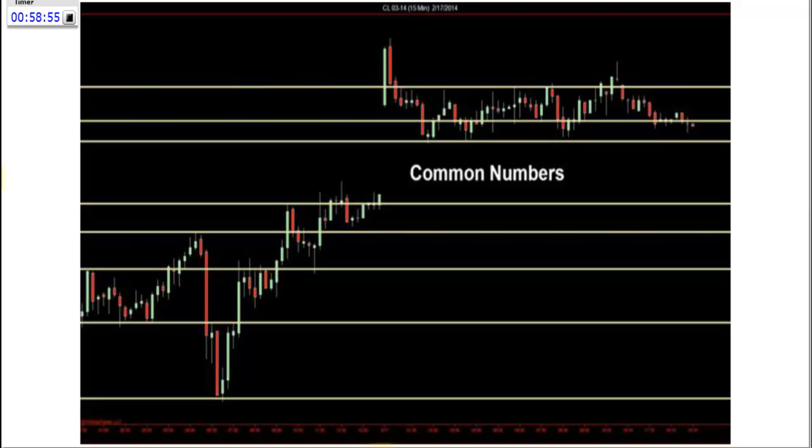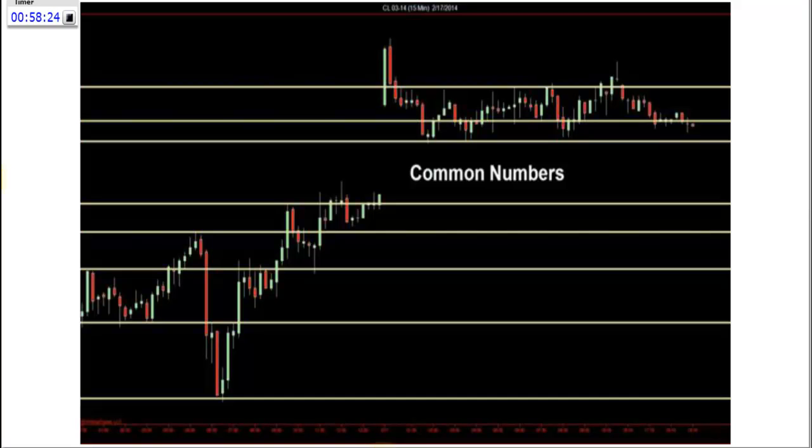And the market will react to that. Currencies, very similar. Currencies have a tendency to be particularly sensitive around the whole number and the halves. So if you're trading a currency, very often you'll see the market exhibit some sort of support or resistance around the whole number. So when it trades at 00, or if it trades at the 50-cent mark, you're going to see some sort of